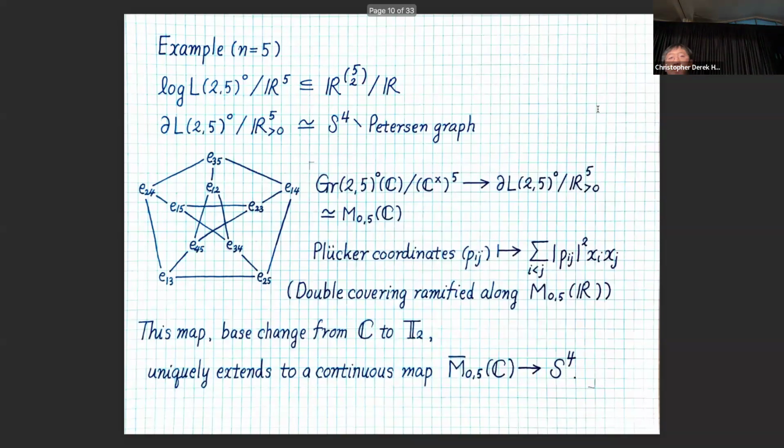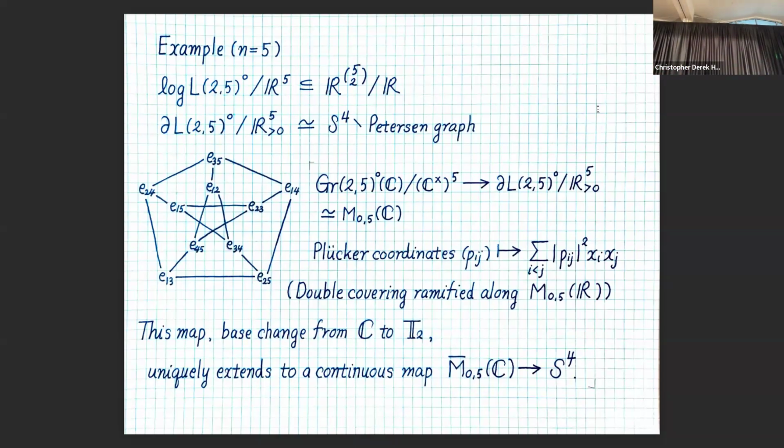Okay, so what is this Petersen graph? Or what is this S4 minus Petersen graph? It turns out that it is, again, essentially a Grassmannian that we know and love, the Grassmannian 2,5 over C. So modulo torus action, this is the complex points of M05. And the claim is that there is a very natural map from M05 to the space of 5 by 5 Lorentzian matrices, the same map that sends Plücker coordinates Pij to the absolute value squared. And it turns out that this is a double covering